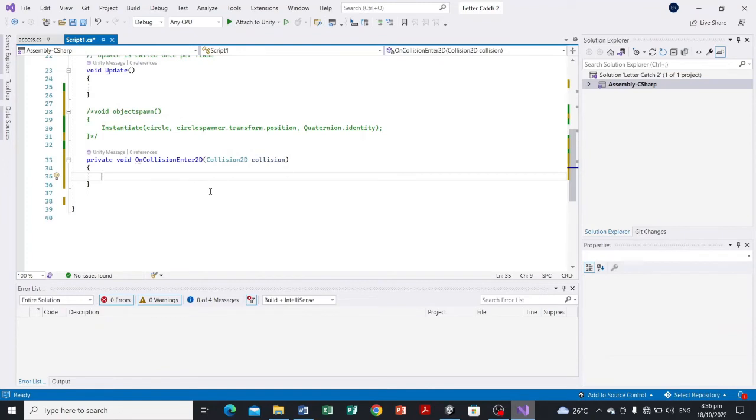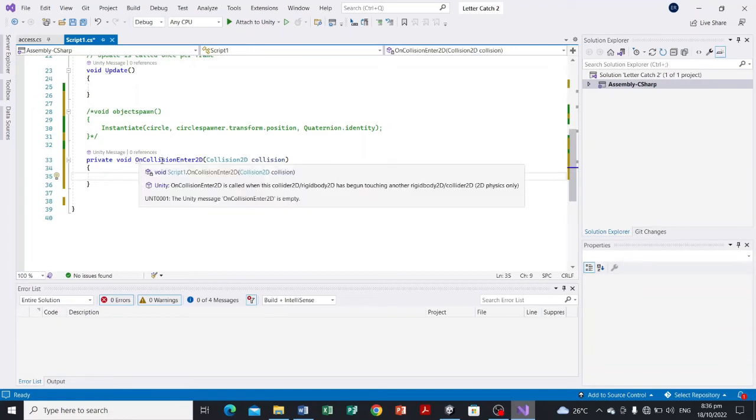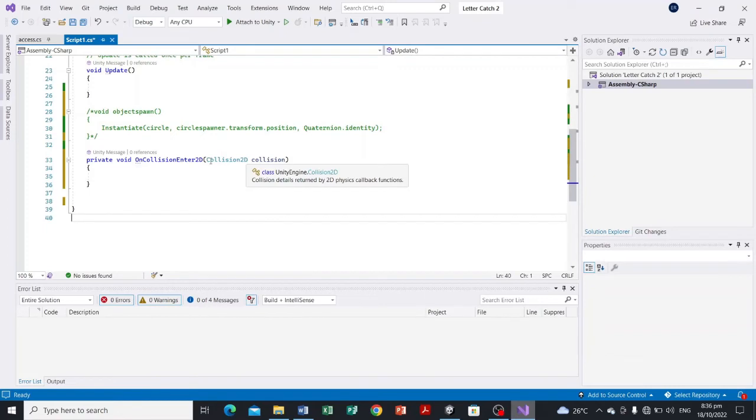Automatically it will appear like that. Let's make it private. So we have here private void OnCollisionEnter2D, and here we have Collision2D and the reference of our game object. Let's say we just want to name this call. You can modify and customize this one,